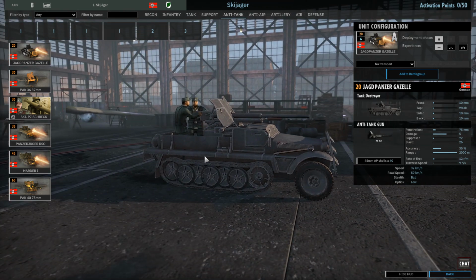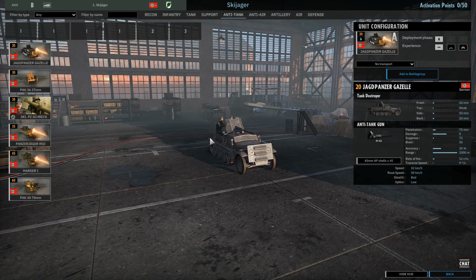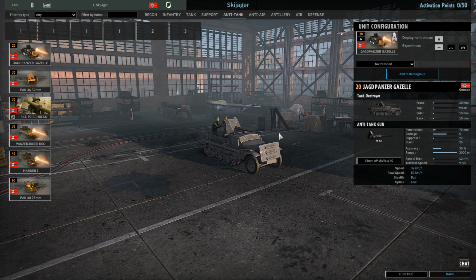It's essentially a half-track with a captured Russian 45mm on top. It's nothing spectacular, only does 75mm AP, it's not all that fast. It's just a decent speed, but you gotta realize it's a 20-point anti-tank gun, and it has a good veterancy curve. You can get 5 1-star or 4 2-star veterancy. So it's a very, very, very cheap anti-tank gun that you can just kind of throw around everywhere to hold